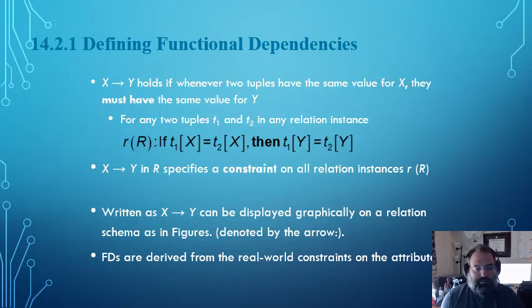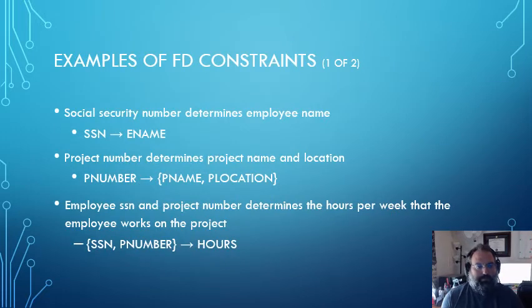X implies Y in R specifies a constraint on all relation instances of R. Written as X implies Y, it can be displayed graphically on a relation schema, as in the figures, denoted by the arrow. Functional dependencies are derived from the real-world constraints on the attributes. An example of constraints: Social Security number determines employee name, project number determines project name, employee Social Security number and project